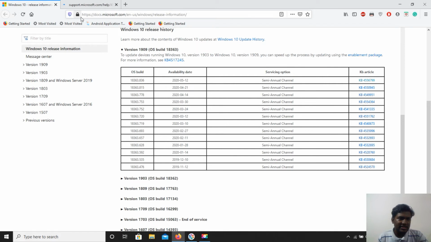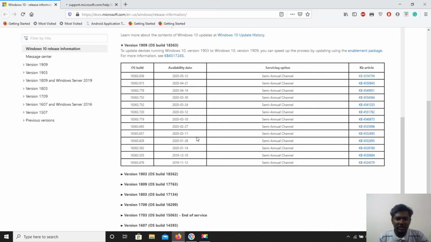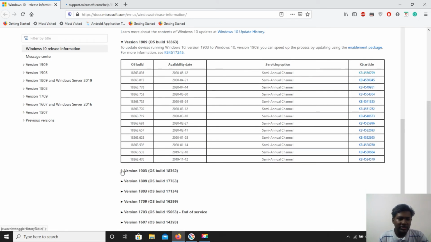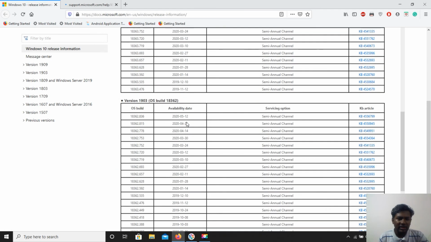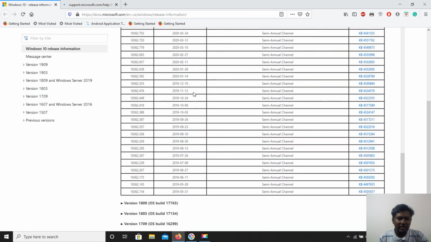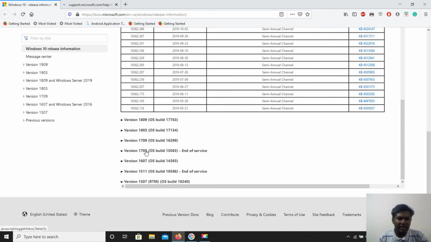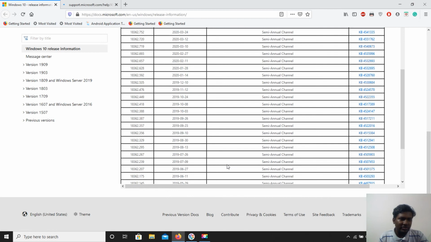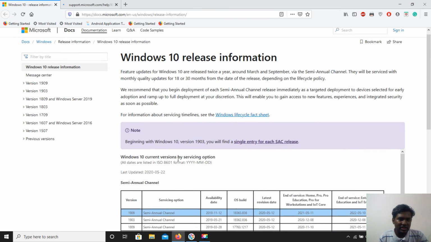It's taking a little time to load, so let's wait. If you are a 1903 user, you can just come down and check. The other older builds are also mentioned as end of service, which means they are not serviced by Microsoft. So if you are an old user, try to upgrade yourself to the latest version so you are up to date with the Microsoft patches and updates.